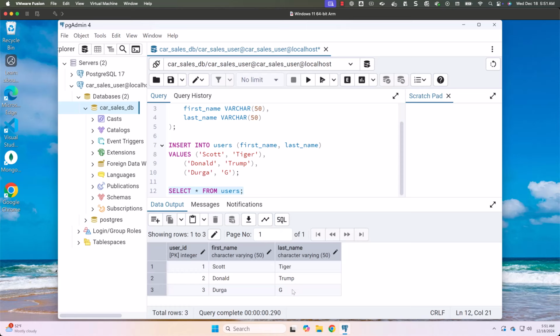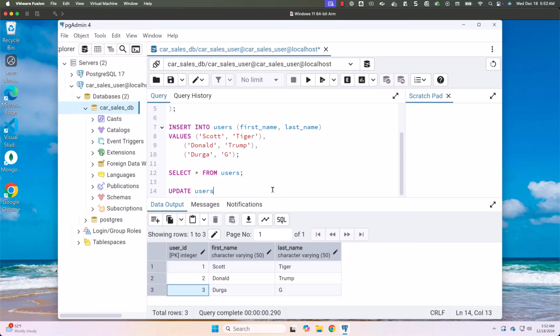Let's say when it comes to the last name for this third record, it is having only an initial and we wanted to update it to the actual last name. In my case, it is nothing but Gadiraju. So I have to come up with the update statement to update. I'll be using the user ID in the where clause of the update so that we can update this specific record. So now I should be able to say